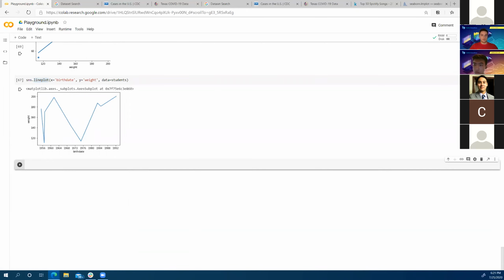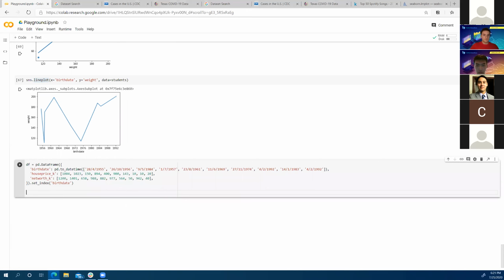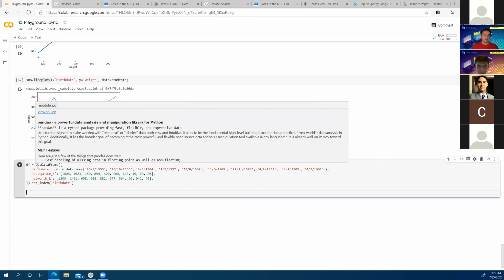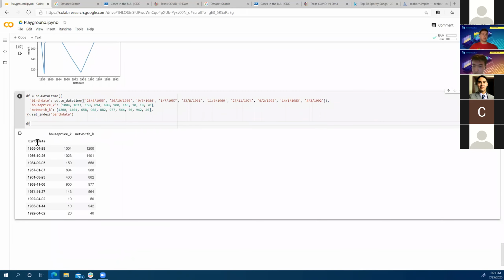Okay, yes, so the data frame, there we go. Just copy that data frame into here. Okay, so what this data frame contains, in fact, I will start graphing it. Let's take a look at it. It's a bunch of birthdays of people, I suppose, and then house price and their net worth. And we're kind of interested in plotting both of these columns versus the birth date column. And it would be nice to see these on the same graph.